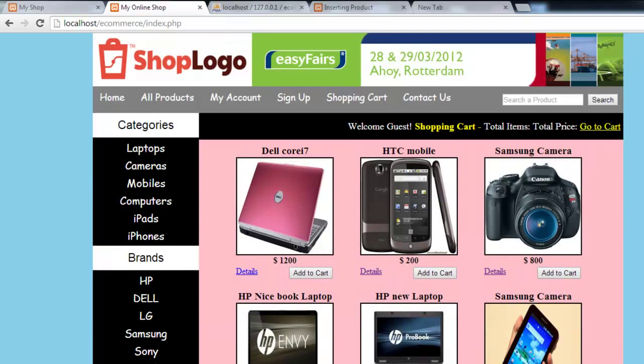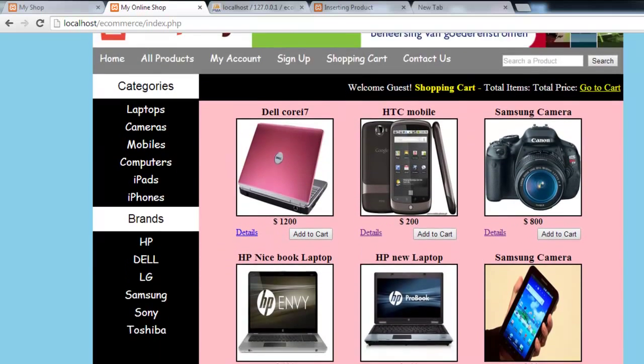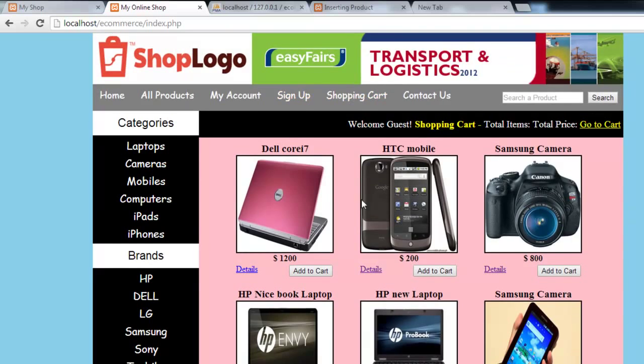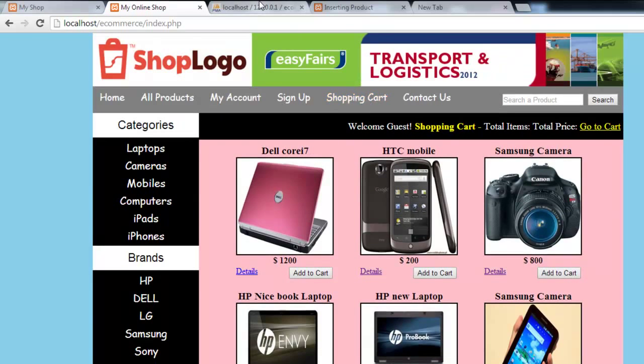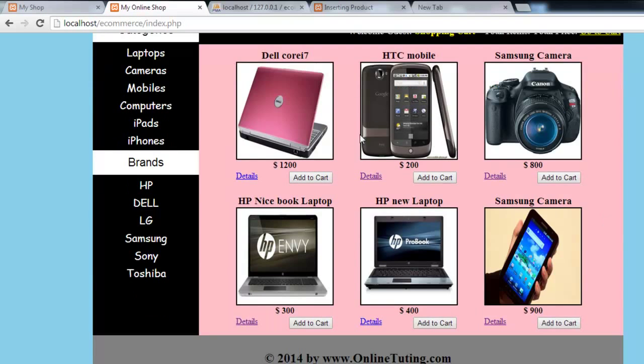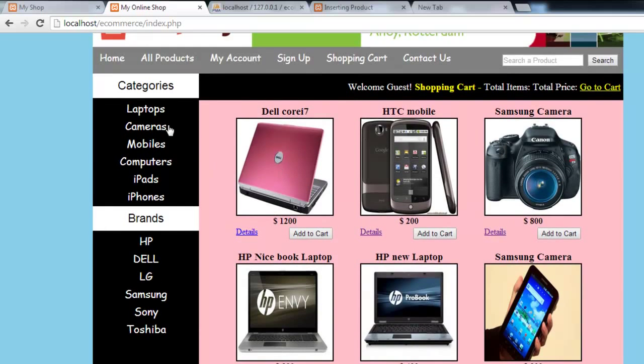So this is done. Now the details page, you can change the content as per your requirements, but I will keep things very simple. Now this is the home page, the index.php page. So there are some randomly selected products. If you have more and more products in our table, there will be only 6 products randomly displayed on this page. However, if someone clicks any of the categories from here, or the brands,